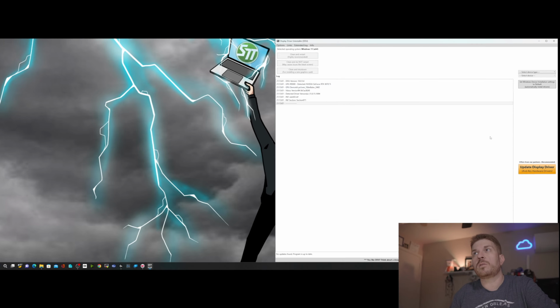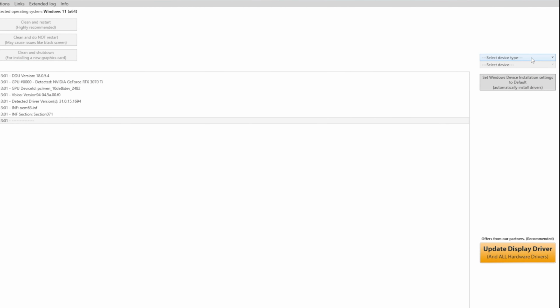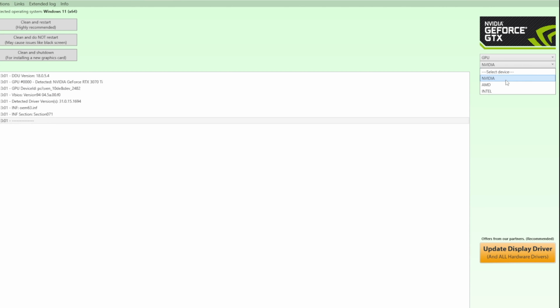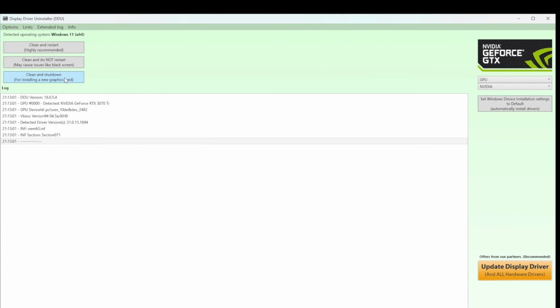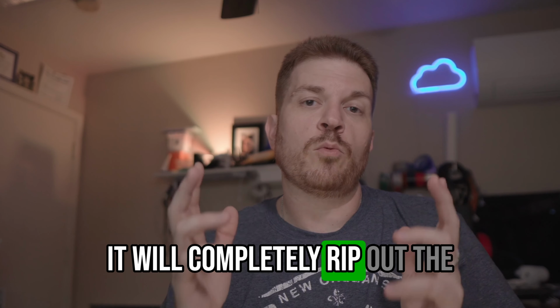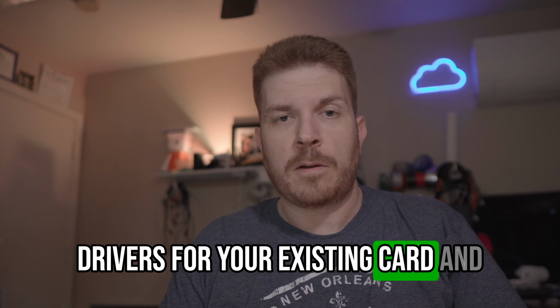The next thing that you're going to do is select the device type up here, and you would select GPU, then click on this selection here and choose which GPU manufacturer that you currently have. Now, currently for me, I'm running an NVIDIA 3070 Ti, so I would select NVIDIA. Now, you want to come over to the option here on the left that says clean and shut down for installing a new graphics card. So basically, what this does is it will completely rip out the drivers for your existing card and then shut